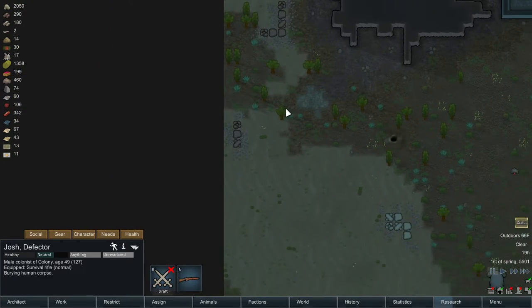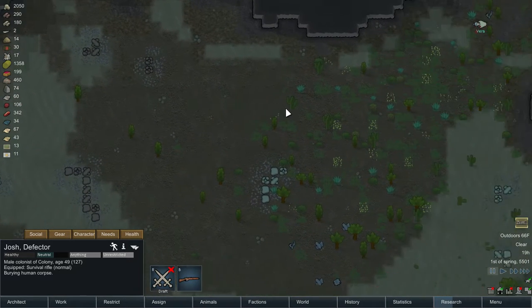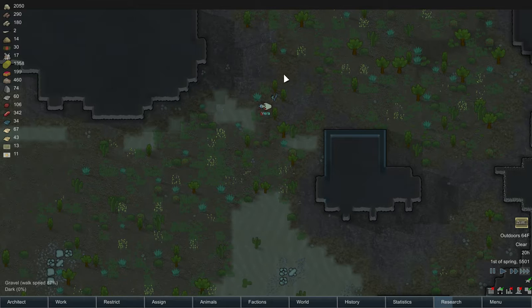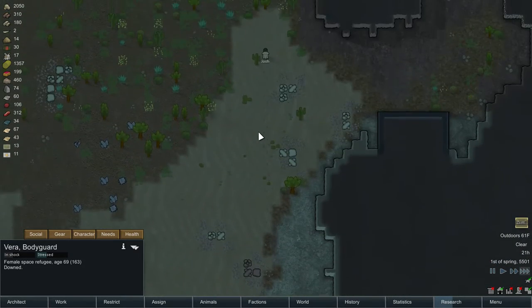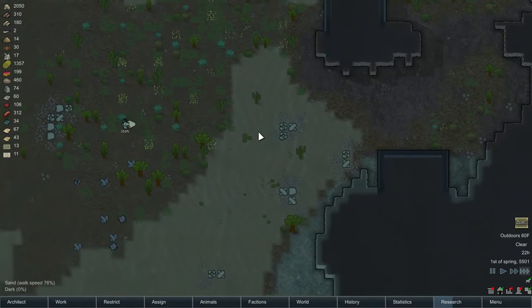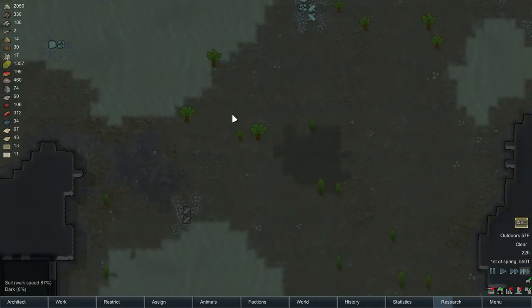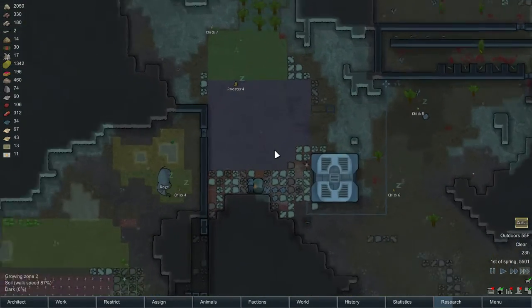Wait, Vera, where'd you go? Bear, can you go haul our lovely new recruit? I might actually use some of the stone we have and make pretty statues. As soon as I get these walls built, we're gonna go and have a little artistic bend ourselves. Well, that is if I can actually recruit this guy. If not,